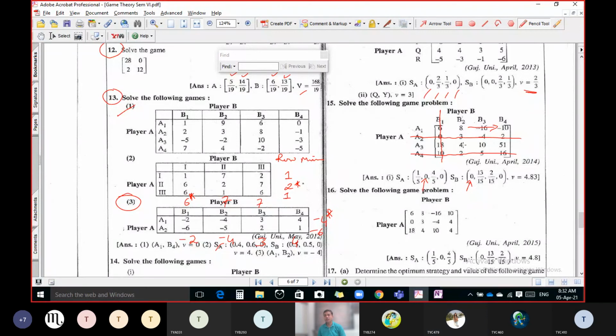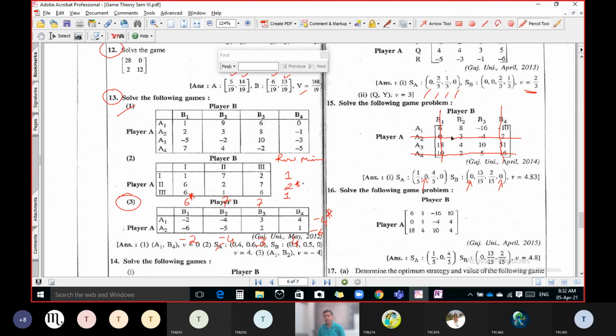Here, which one is better, B2 or B4? B2. So we are not able to straightforward cancel anyone. Okay, compare B3 with B4. Which one is better? Minus 16 or minus 10? B3. Yes, that means we have to cancel B4. So the probability of B4 is 0. Okay, now we have only these four numbers.